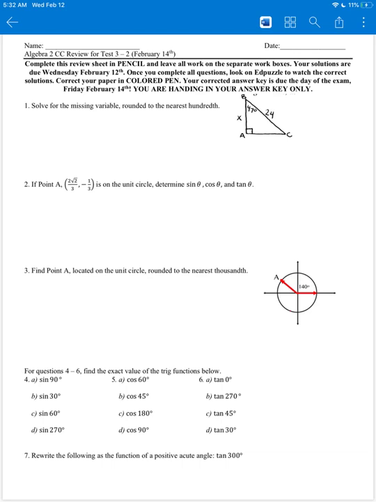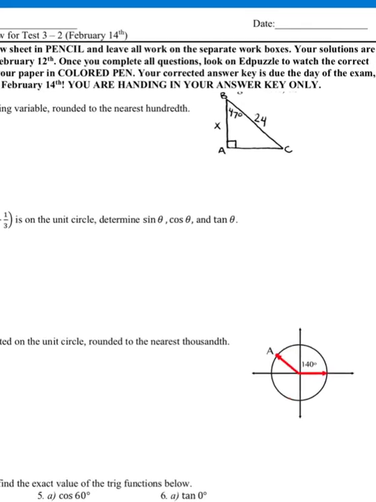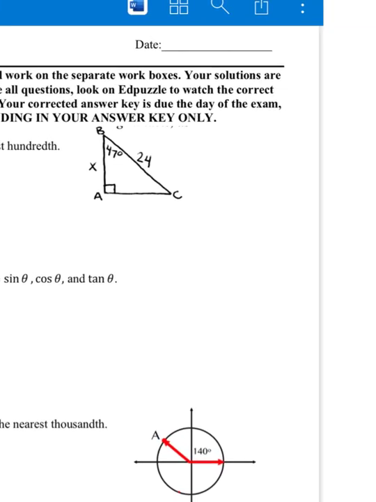For number 1, solve for the missing variable. So this is just a little practice with SOHCAHTOA really quick. So here, your 47 degrees is right here. 24 is across from the right angle, so that's your hypotenuse. And then x is right next to the angle, so that's your adjacent. So a and h, that's CAH in SOHCAHTOA, so it would be cosine of 47 degrees is equal to adjacent